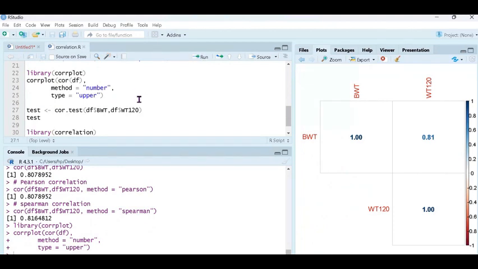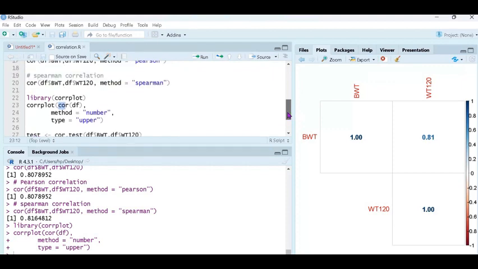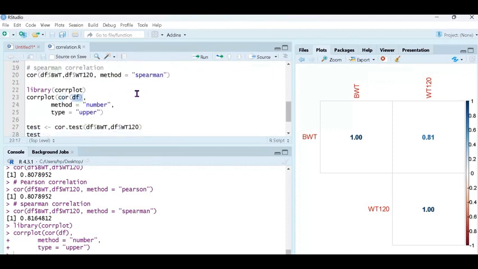This shows the corrplot. Corrplot is an inbuilt function where I pass cor, the variable name, and df is my data set name. Okay, where I pass method equal to number. If I pass a different type, we can use it. If I pass the number, it shows BWT has 1.0, and WT 120 has 0.11 and 1.0. This one is a relationship. So if I give circle,